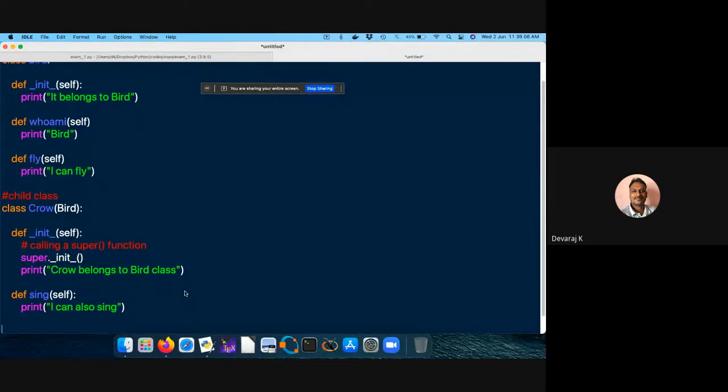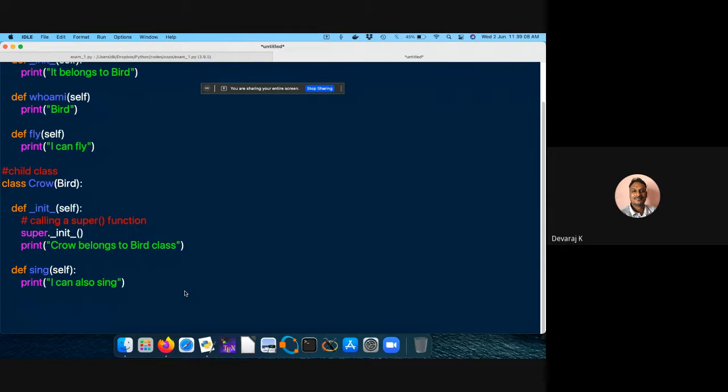Now I'm going to create the instances for the class attribute as well as for the instance methods. So if I try to call the penguin by some name, let me call it piggy or something like that. Piggy is equal to penguin. Okay, this is the class.